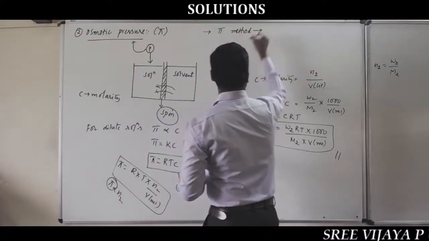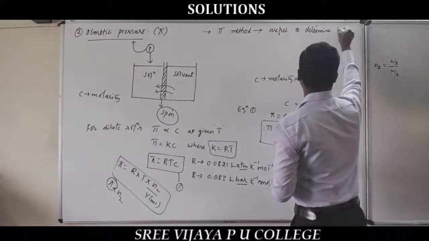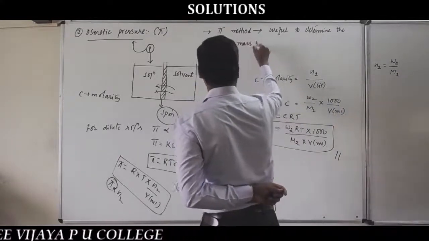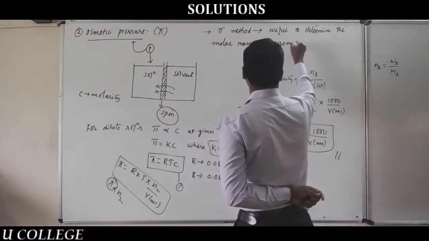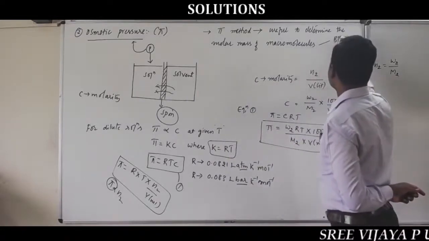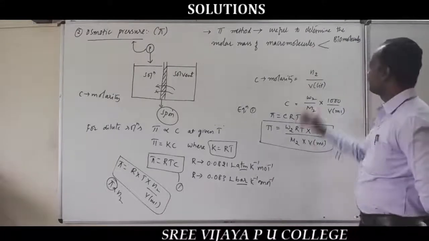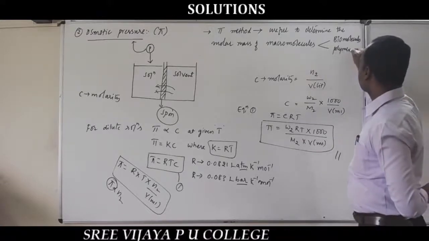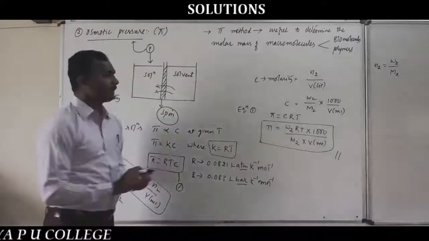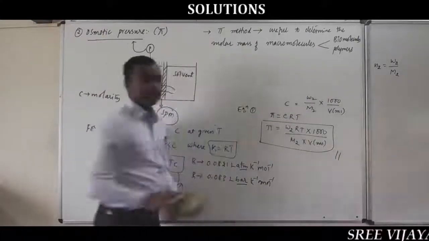Osmotic pressure method is very useful to determine the molar mass of solute in macromolecules. Macromolecules means, for example, biomolecules: carbohydrates, lipids, proteins, or some polymers. Polymers are also macromolecules because they have higher molecular mass, so the molar mass is high. Especially this osmotic pressure method is very useful to determine the molar mass of the solute in biomolecules,